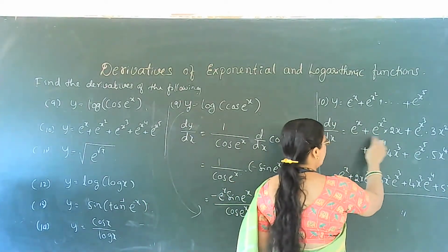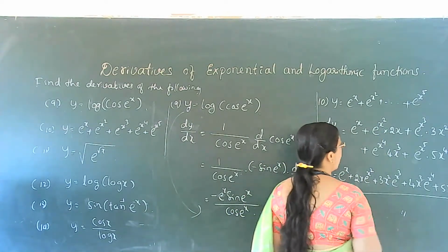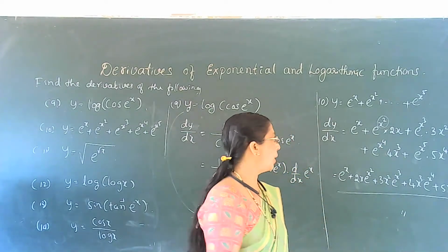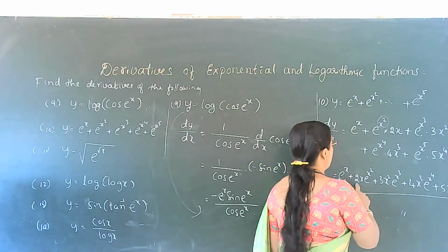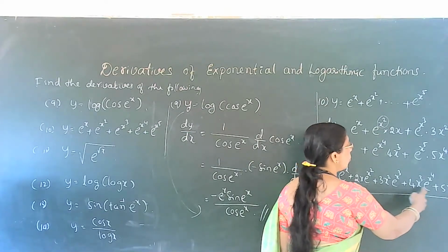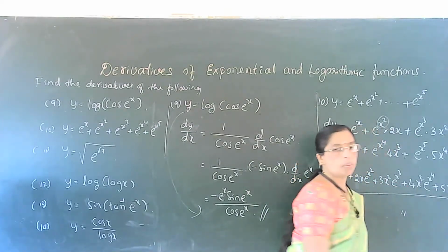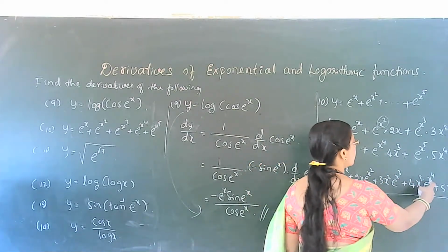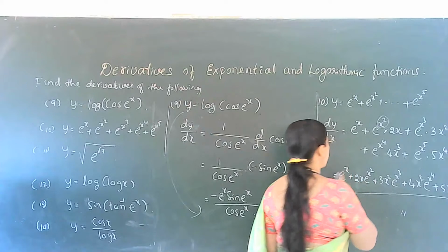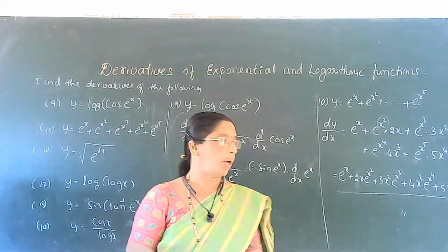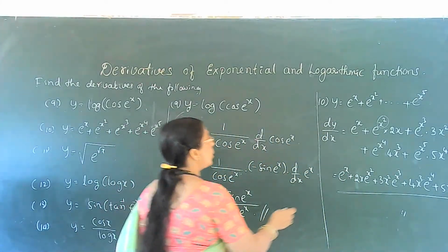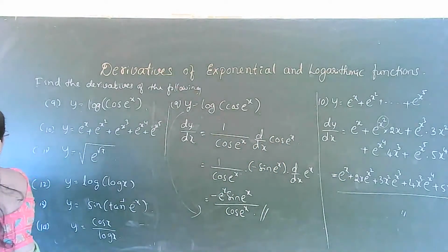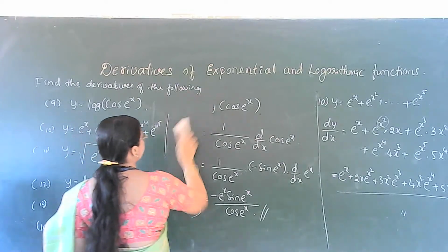Yeah? We have to multiply the derivative of the power or index. So 2x, 3x square, 4x cube and 5x to the power 4 are the derivatives of x square, x cube, x to the power 4 and x to the power 5. Here, the derivative of x is 1. Therefore, the first derivative is e to the power x itself. Next,